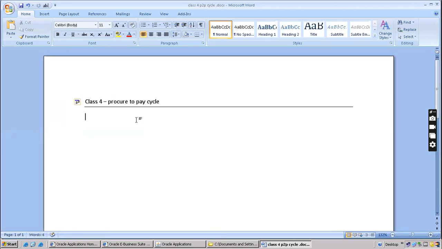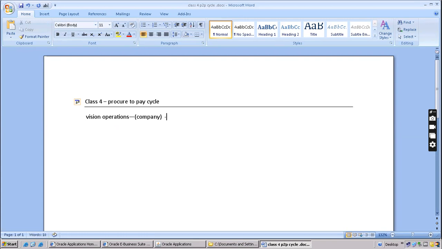So why this procure to pay cycle is required: let's say you are working for one company, Dell only. Dell is a software or laptop related company, or monitors or something. For Dell company, in this example, I'm taking Vision Operations only because it's the default one. Instead of Dell, I'll go with Vision Operations only. So Vision Operations is a company.